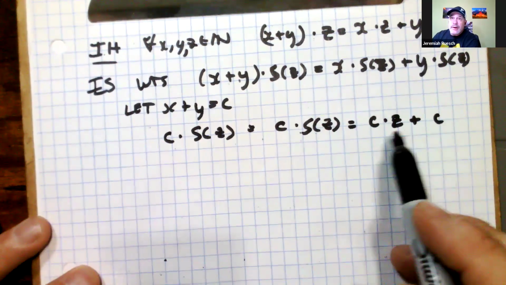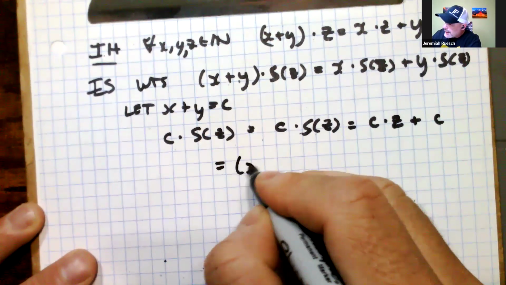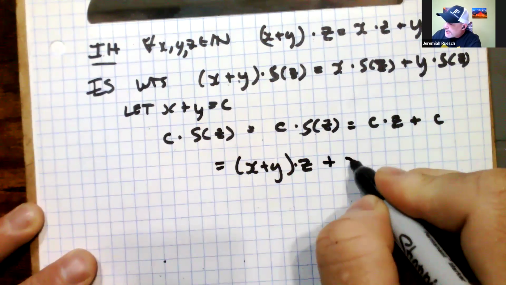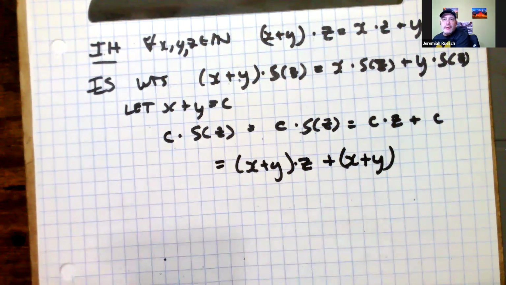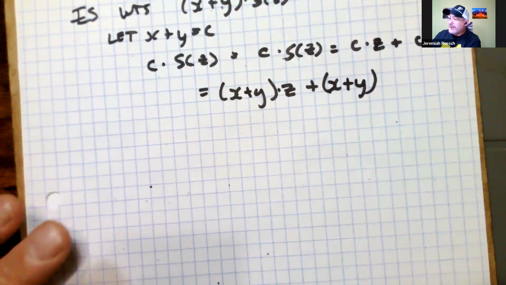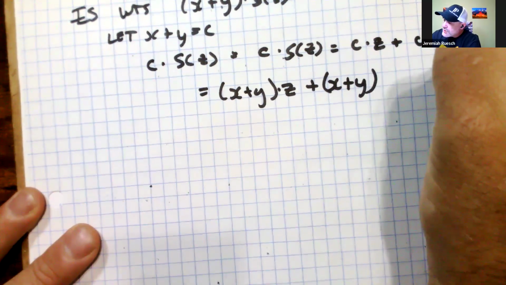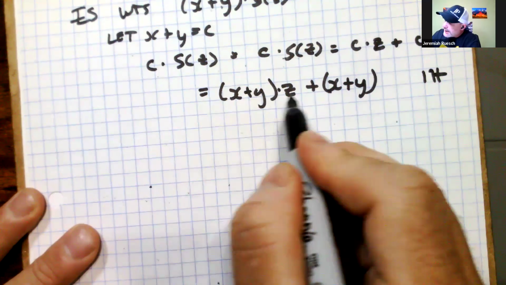Okay, but remember that c was equal to x plus y, so this is really equal to x plus y times z plus x plus y. That's why I use the letter c there to kind of help, because that can be a little bit confusing if you're losing track of all the different terms. Okay. All right. Now, this is by M2, and then by the induction hypothesis,